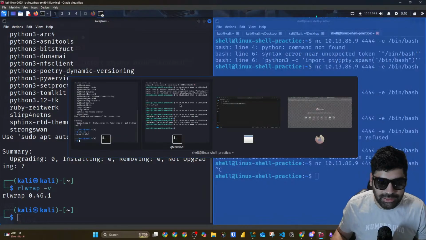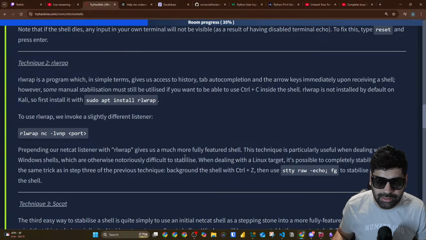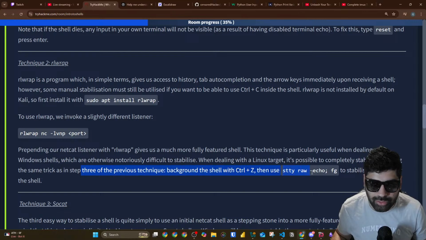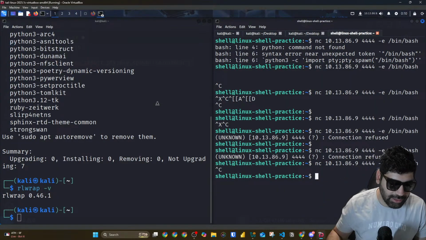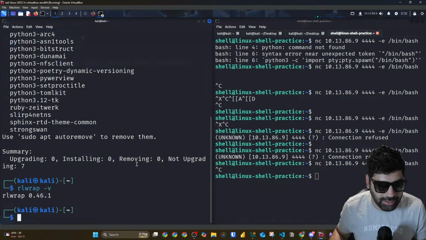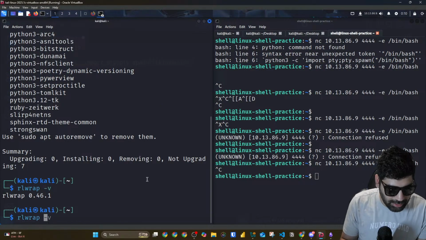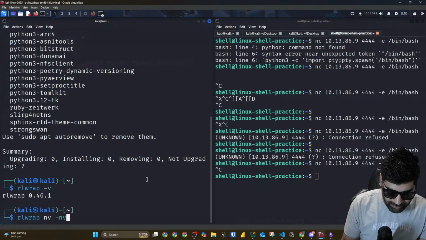First command will be this actually. Then I think rlwrap nc, right? Same as Netcat, what we did for listening, but specifically this one. Then again, same technique, Control Z, stty raw -echo. Basically suppressing our echo and getting it back. rlwrap nc -nvlp